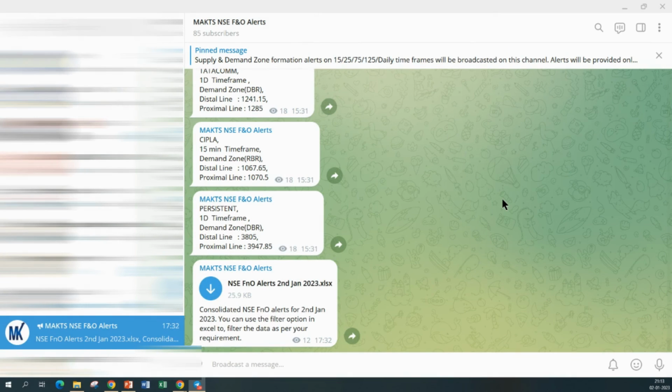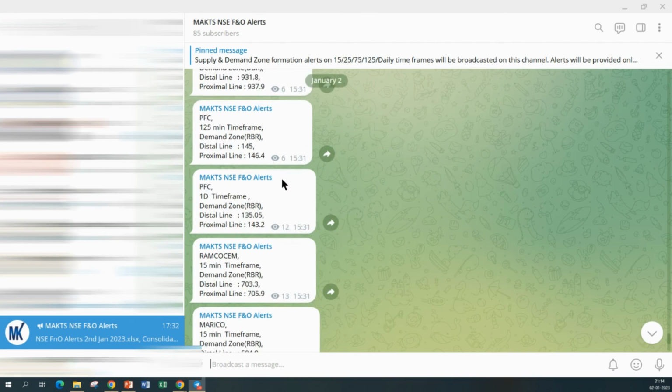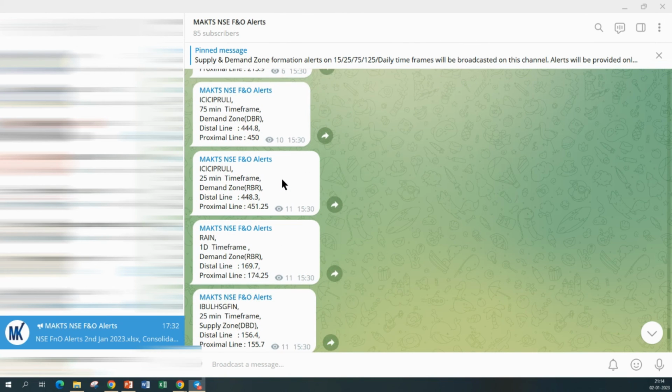So if you see, this is the Telegram desktop version that I am on. The channel is called MAKTS NSCFNO alerts. So here you're getting alerts as and when the zones are forming. Ramco Cement, 15 minutes, there's an RBR demand zone. What is the distal line, proximal line value, and stuff like that. So these alerts keep coming starting from morning 9:15 till 3:30 in the afternoon. So if you're a trader who's active during the day, you can track this on real time basis,